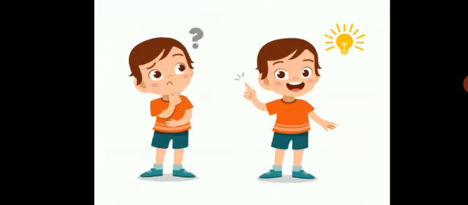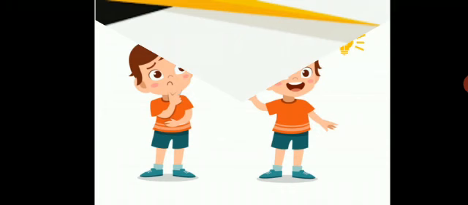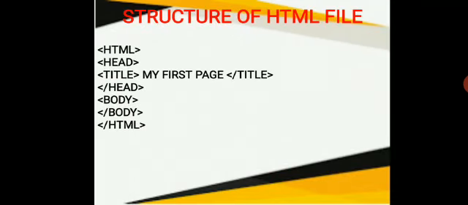Students, just recall the basic structure of HTML document that I had explained earlier. This is the basic structure of HTML file. Here you can find the essential tags which I had explained. HTML, head, title. The title I am giving to my page is My First Page. Title close, head tag close. In the body section I am writing body, and the body tag is closed, and in the last HTML tag close. Let's see the output. A blank web page with only the title name as My First Page will appear.